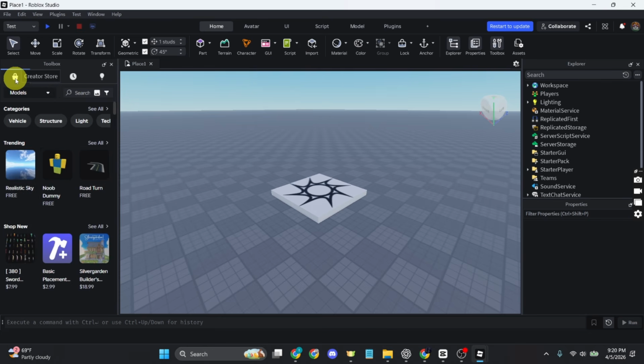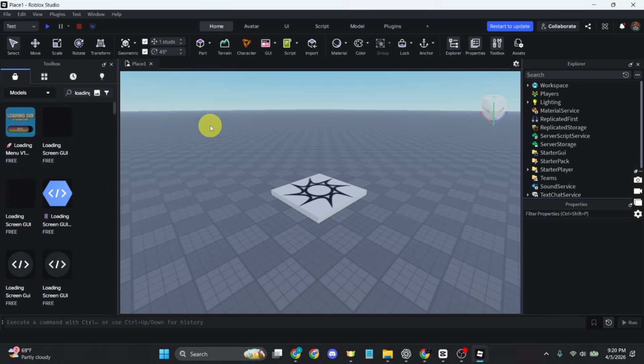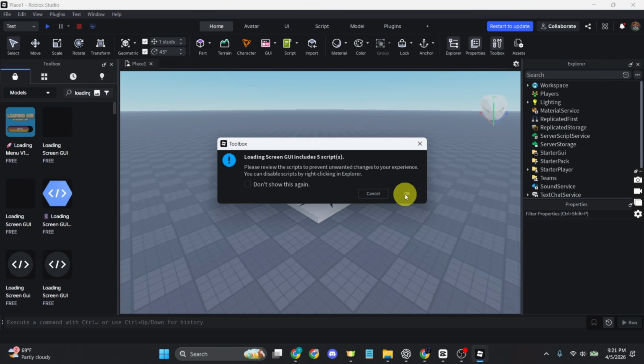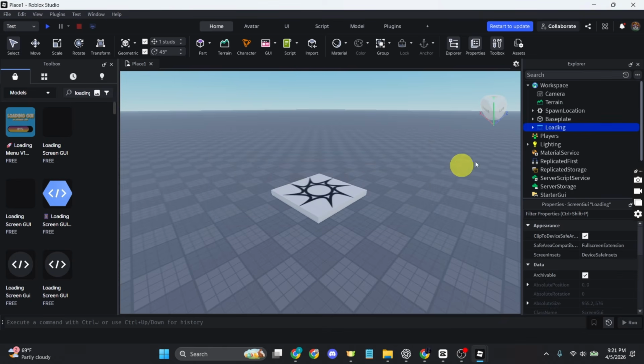And now make sure you are in the creator store, and in the search bar just search for loading screen GUI and just wait for the results to load, and you will see different loading screens. Now choose one that you like and just click on it to insert it in your game. Let's say I want to go with this particular loading screen because it has good reviews. So I'll just click on it and just click on yes if prompted,